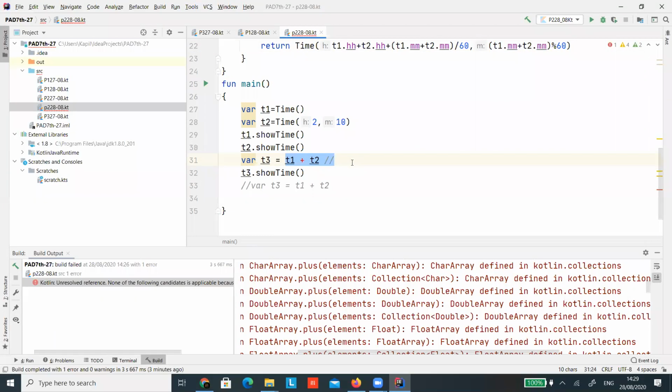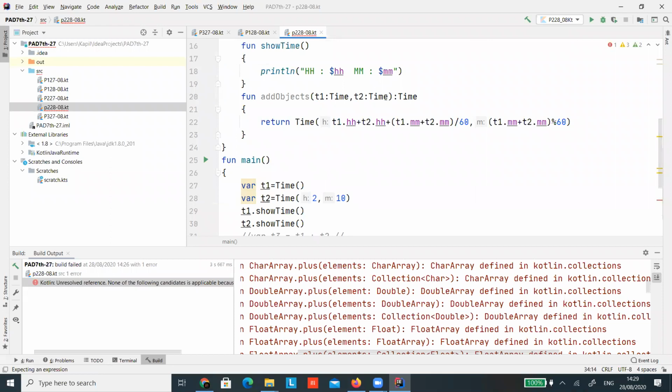Let me comment this line, and I would like to work with a v4 object. First I will show you the variable v4 equal to... I need to pass only one object because one is the calling object. I made a mistake.